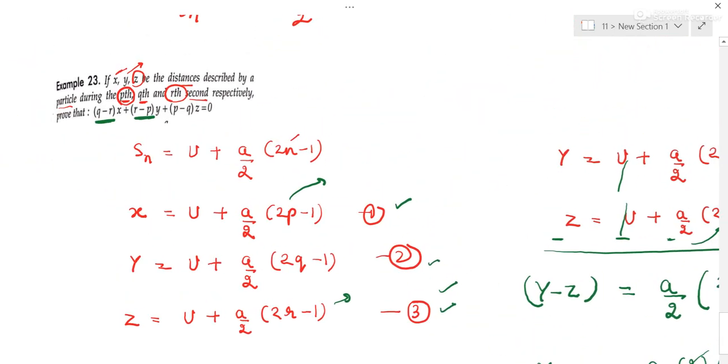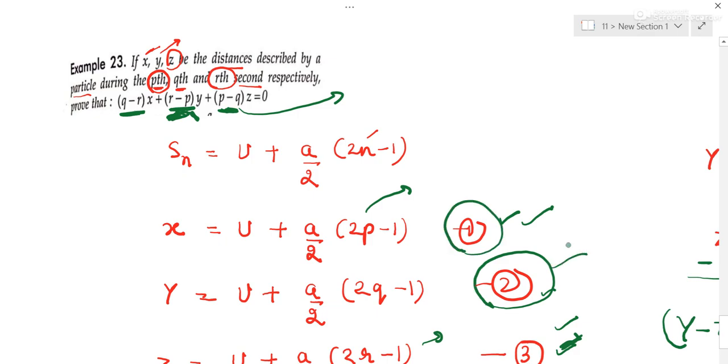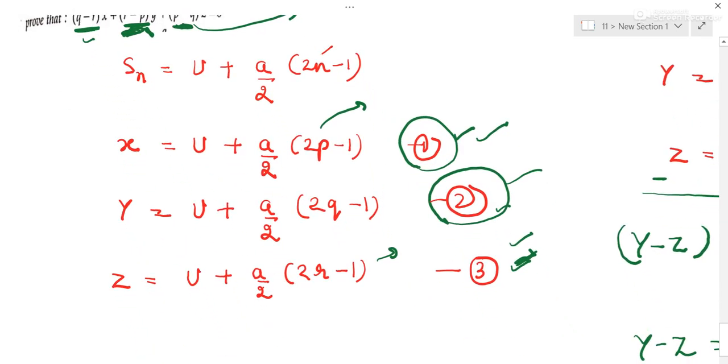Look here. We have to obtain r minus p. So p needs to be subtracted, that is, the first equation needs to be subtracted from the third. Subtract, and obtain the value of r minus p. Similarly, we need to find out p minus q, that is, q needs to be subtracted from p's equation. So subtract the second equation from the first. Obtain the value of p minus q and then substitute in the left hand side. Let us see.